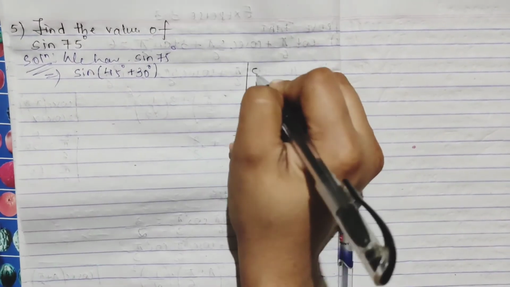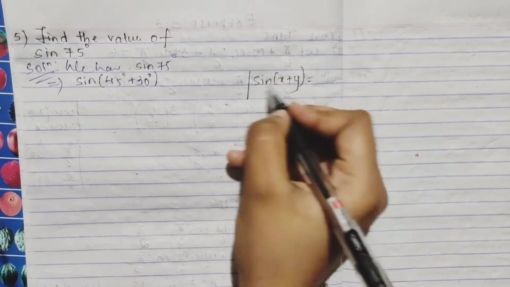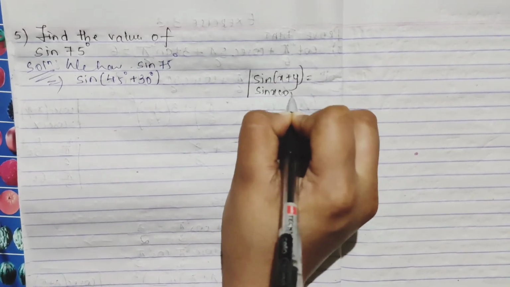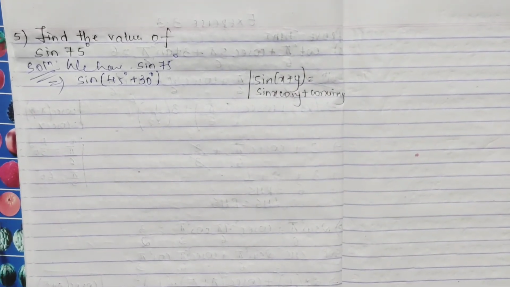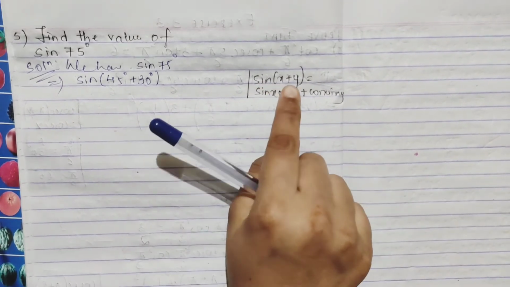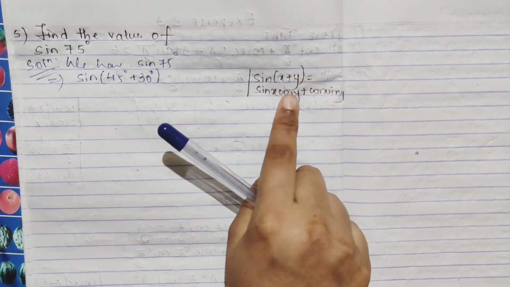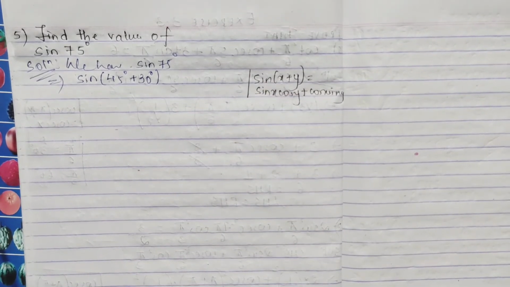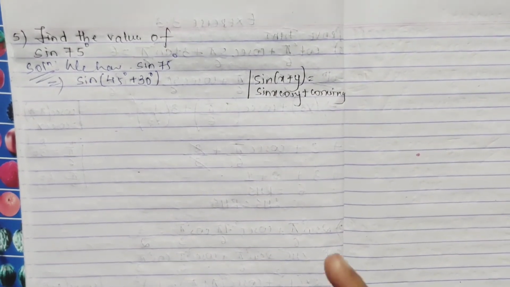Now see which form it is in, sine of x plus y, right? Yes, sine of x plus y. What is your sine of x plus y? Yes, sine x cos y minus cos x sine y, right? So what is the identity? It is sine x cos y plus cos x sine y, okay. So don't get confused. See, when it is sine of x plus y, a positive only remains, and in the other it will be opposite, sine cos you get. In your cos of x plus y, you get the same, cos cos, sine sine, plus becomes minus. Please remember like that, make your pattern yourself.